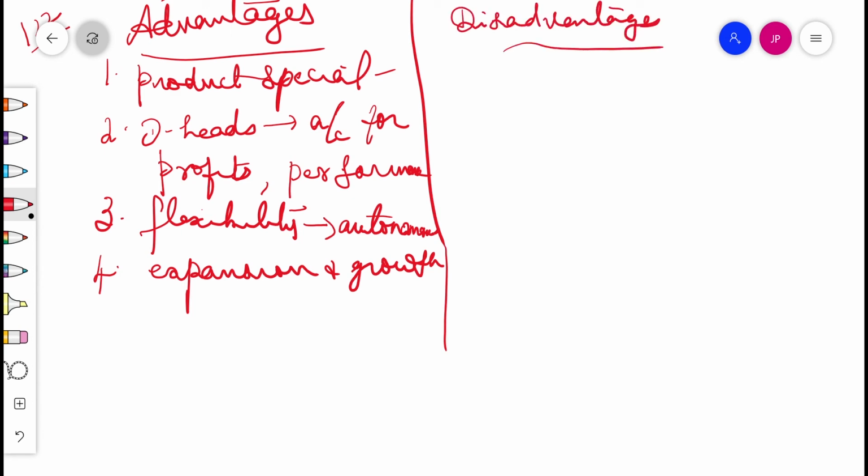The divisional structure has other disadvantages. First point, conflict may arise among different divisions with reference to the allocation of funds, and further a particular division may seek to maximize its profits at the cost of other divisions. Secondly, it may lead to increase in cost since there may be a duplication of activities across products. Providing each division with a separate set of similar functions increases expenses.